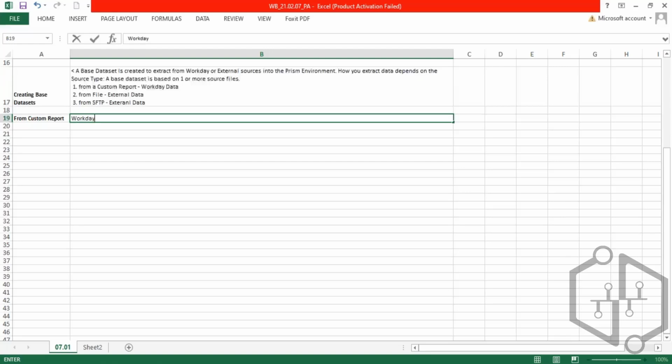Okay, great. So the Workday report that can be used for creating your base data set, obviously, as you said, has to be an advanced report. And then there are a few other prerequisites. Okay, so a Workday report used as a data source must be an advanced report,